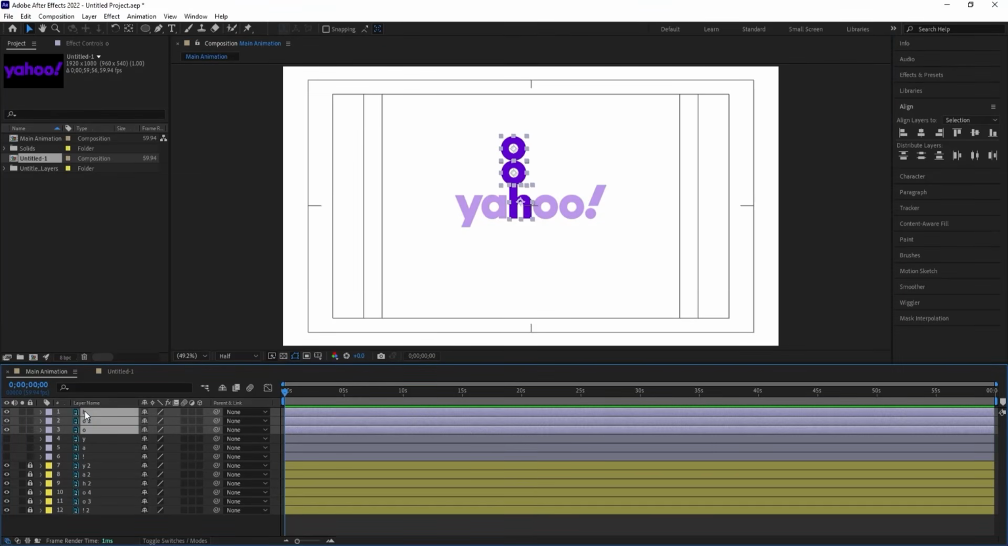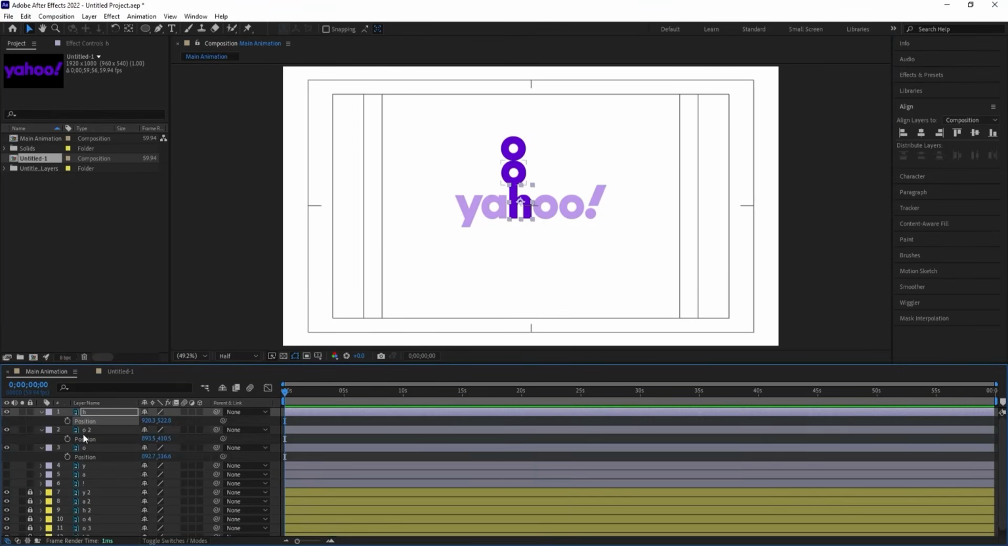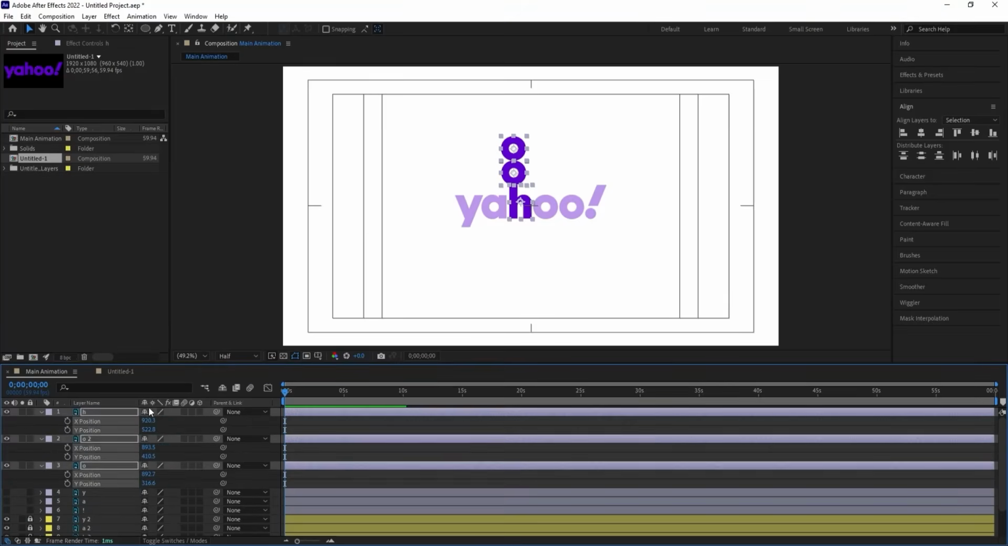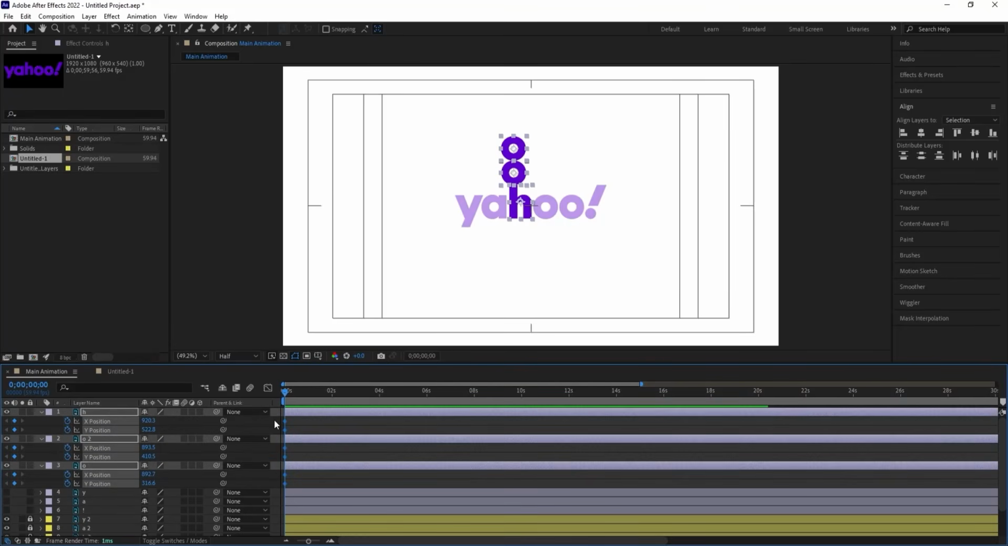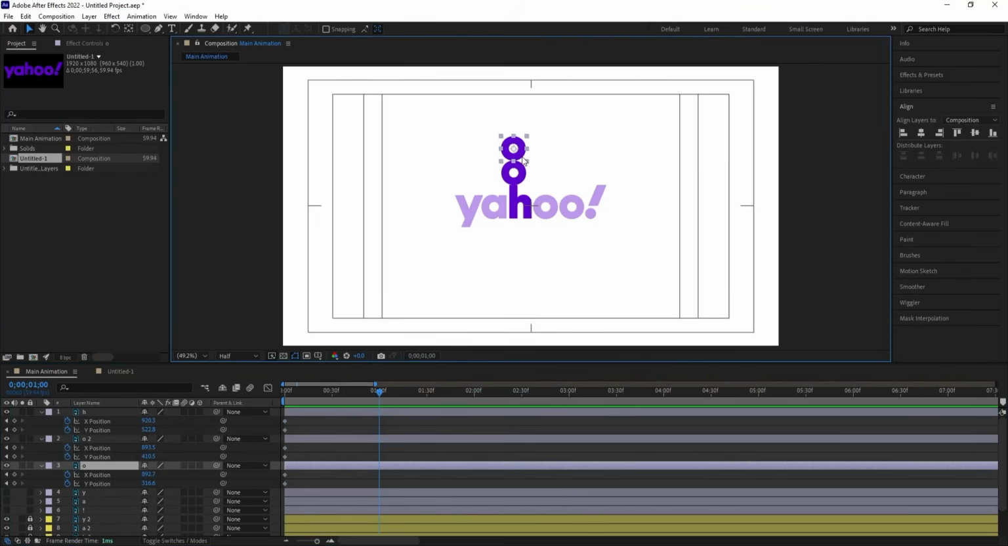We will select all of this and press P for position. By holding shift, I'm going to select those layers, right click and choose separate dimensions over here. Let's create one keyframe at X and one keyframe at Y. Then I'm going to go somewhere around 1 minute, and over here I'm going to select this O and I'll bring this over here, select this O and I'll bring this over here,